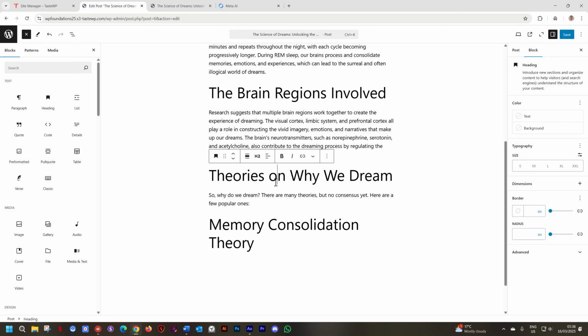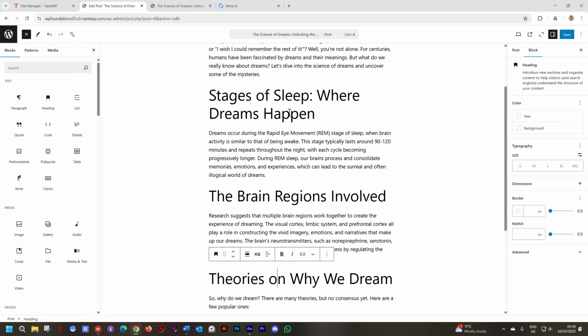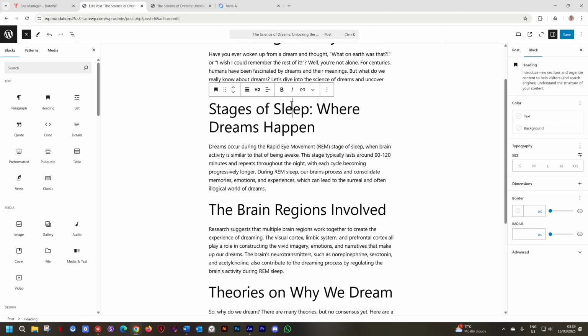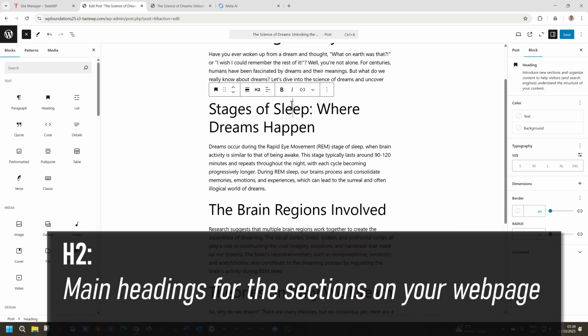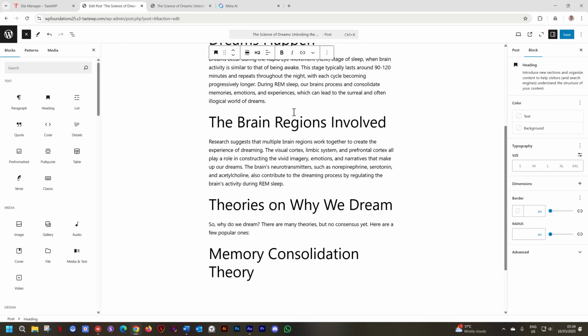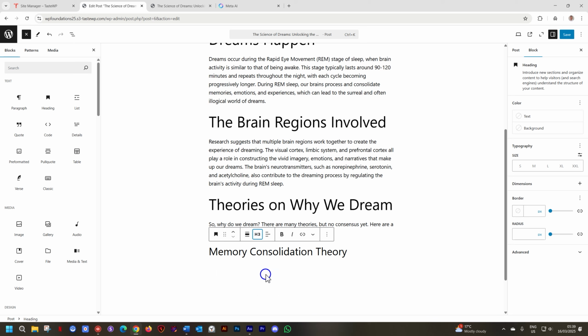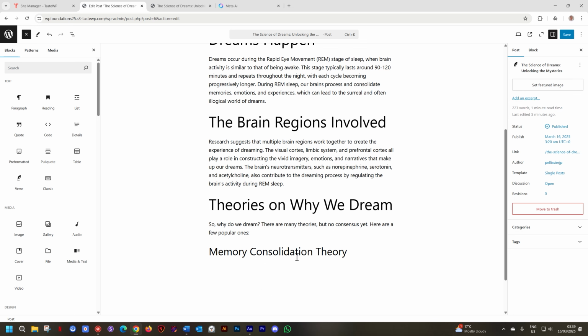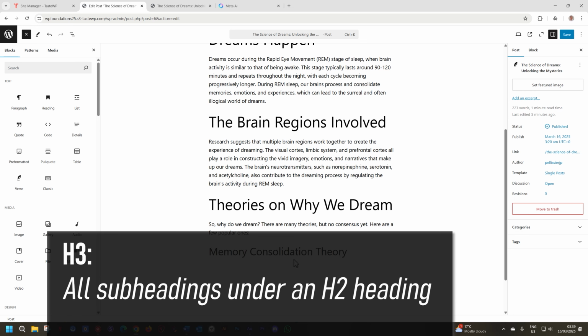So the moment you bring in these section headings like we have here, we put them on H2 because H1 is at the very top, the title of your page, and H2 falls under that. And that means anything that falls under H2 is H3. And now all I do is I go to H3 and look, it changes. Now I can see, this falls under that one.